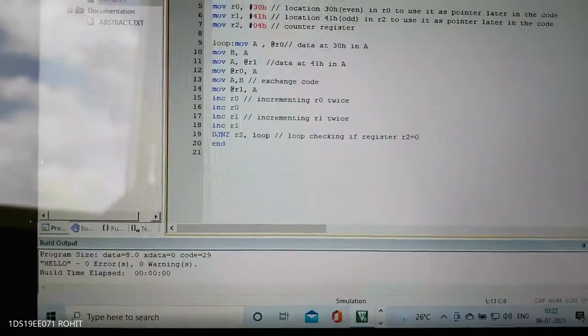Okay, so the exchange is between locations 30 to 40, the even locations, with the odd locations from 50H to 60H. That was the problem. We can run the program, give the data, but it's not clear. Let us see. Debug target, no error. Okay. Yeah, now it's better. The clarity is better now.